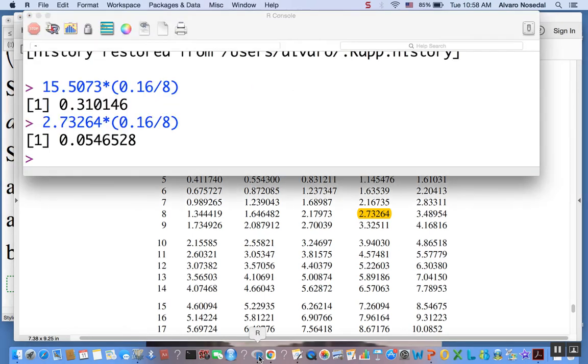Okay? Now, there's a special function in R that gives you the inverse of the CDF. Okay? So, for instance, this function qchisq, right? Which again is the inverse of the cumulative distribution function. So in this case, what we want is, hey R, give me a number coming from a chi-square distribution with 8 degrees of freedom such that the area to its left is 5%. So the thing is that, again, R, this function here, has to do with areas to the left,